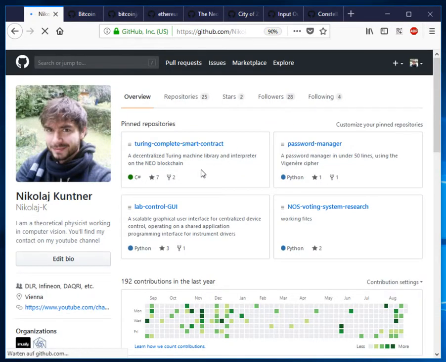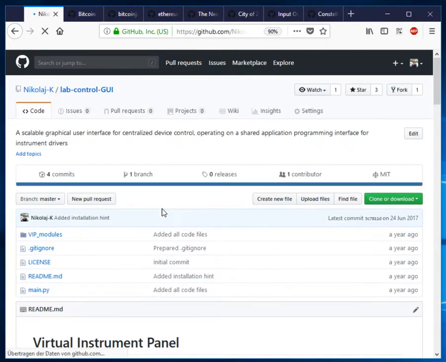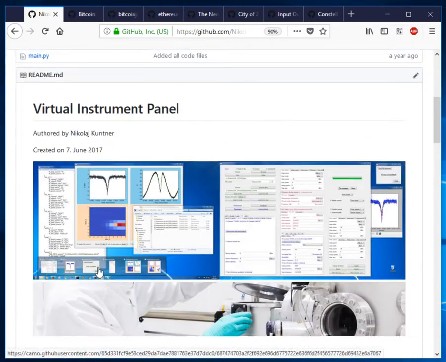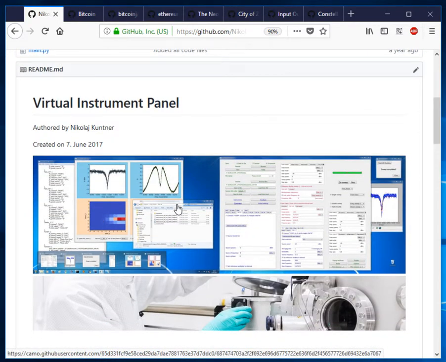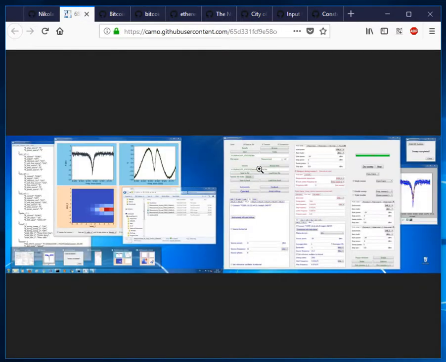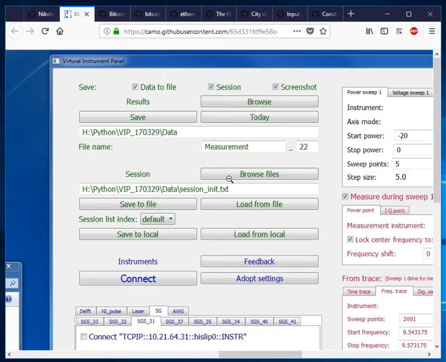And then let's look, just to get more structure, at another project I did here. There was the lab control graphical user interface. About 2 years ago, I was working for a lab which does circuit quantum electrodynamics. So basically trying to build quantum level microchips. And for them, I was writing this application in Python actually to have a tool to connect to all instruments